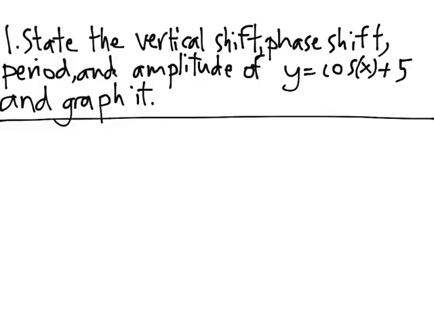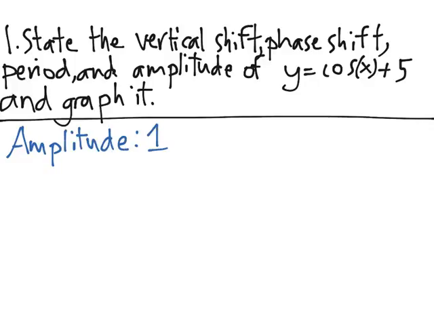Here are some examples of problems about translating trigonometric functions. Problem 1. State the vertical shift, phase shift, period, and amplitude of y equals cosine of x plus 5 and graph it. First of all, since we just have cosine of x, which is not multiplied by any factor, the